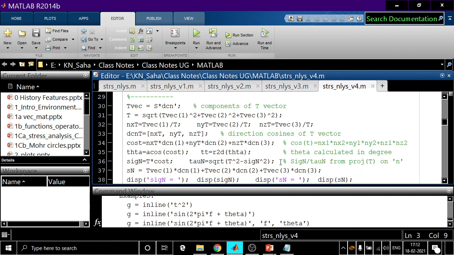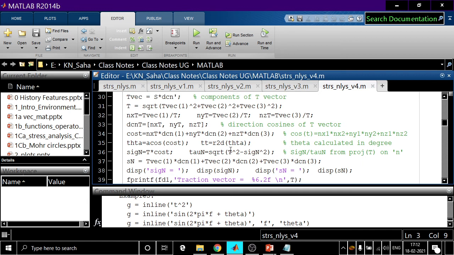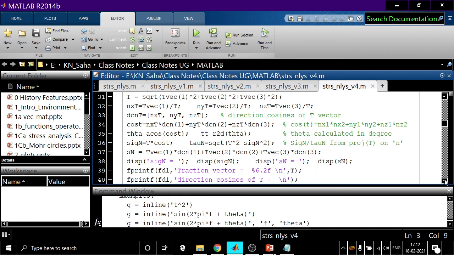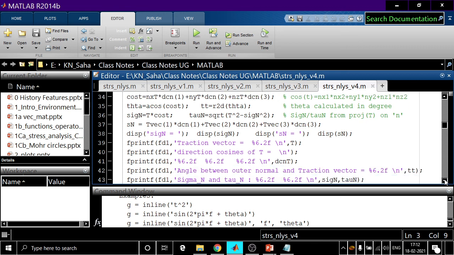What next? Then calculation of sigma n and tau n. This is for the purpose of displaying on the monitor, the console input output function. And we need to write it in our file also.